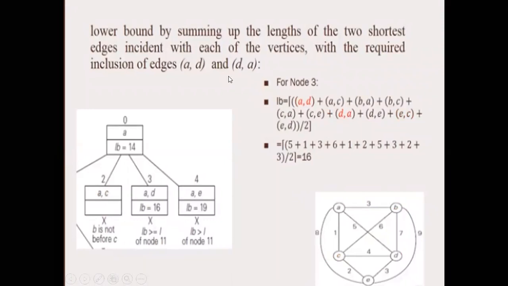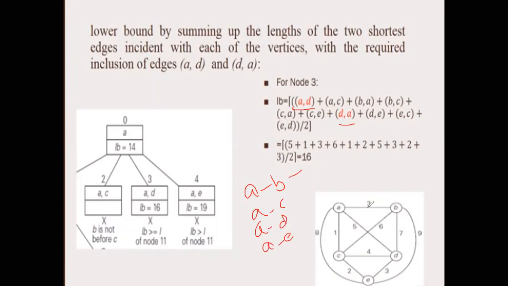So here if you observe, we already told we should have a path from A to D, so D to A should also be there, correct. So next minimum is what? After A to D, we are not considering A to B, even though it is. So let me write down, that will give you a clear picture. So A to B, A to C, A to D, A to E, correct. A to B the value is 3, A to C the value is 1, A to D the value is 5, A to E the value is 8, correct.